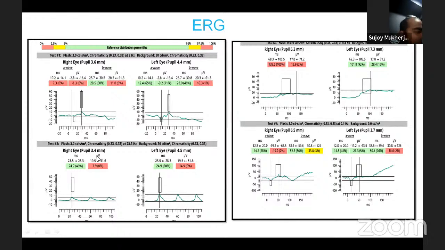Now what does that mean? 3.0 is nothing but 3 candela per square meter. That is the intensity of light if the patient has been adapted in the light adapted room for the next 10-15 minutes or so. Then we made it functional, so we can see the response. The first one is the cone mediated response, and the bottom one, the flicker, is only a cone mediated response. Now if we compare the data in terms of amplitude and implicit time, we may not see any deviation in implicit time, but amplitude wise, that is obviously affected.